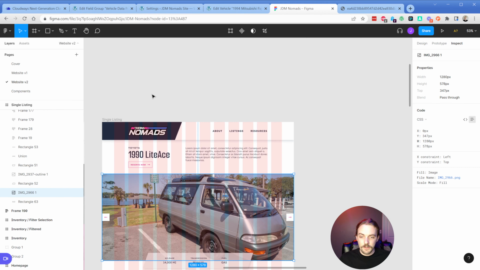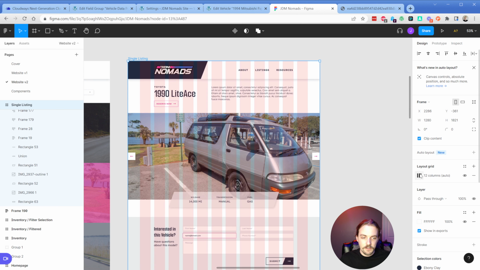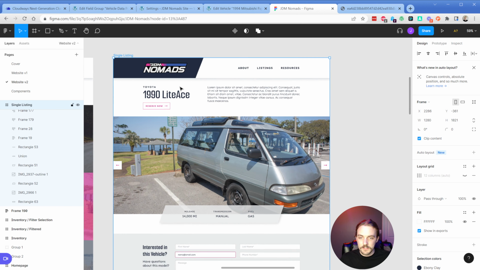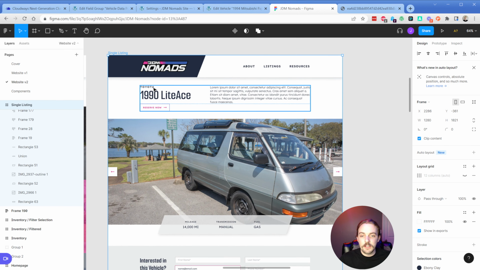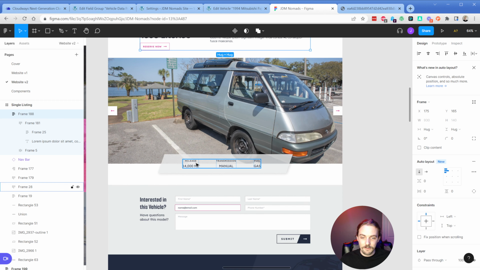If we move back over here to our Figma design, what you're looking at right here is the single listing. If I take off this layout grid, you can see this a little bit better. So these are going to be all the data points that we just created. So the top one up here, we're going to use dynamic data to pull in the model, then the year, then the actual, I said model again, but I meant make. You get what I mean. The description is going to appear, the gallery, all of these different data points down here. So we have all of the data that we need, and now we just need to set up our template